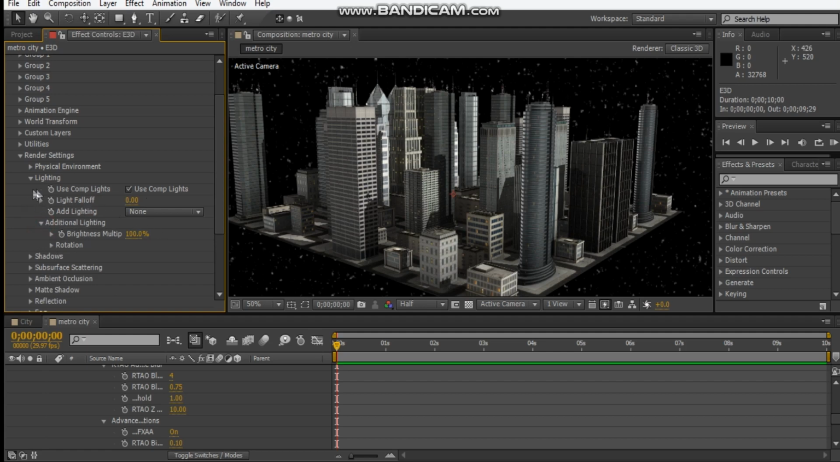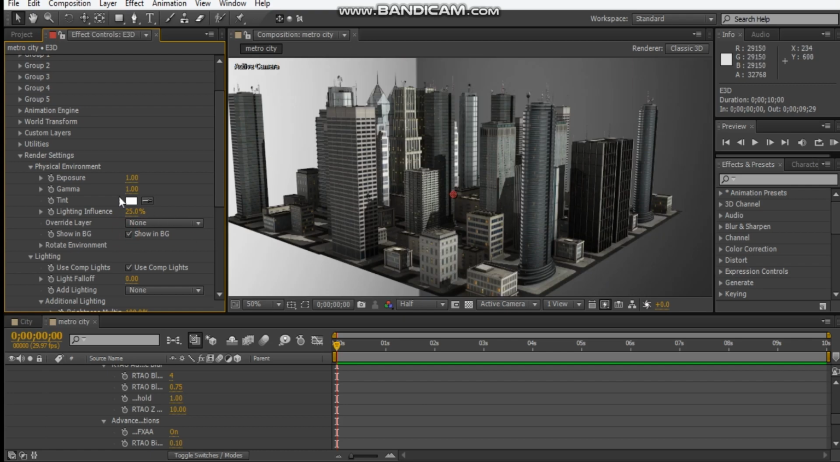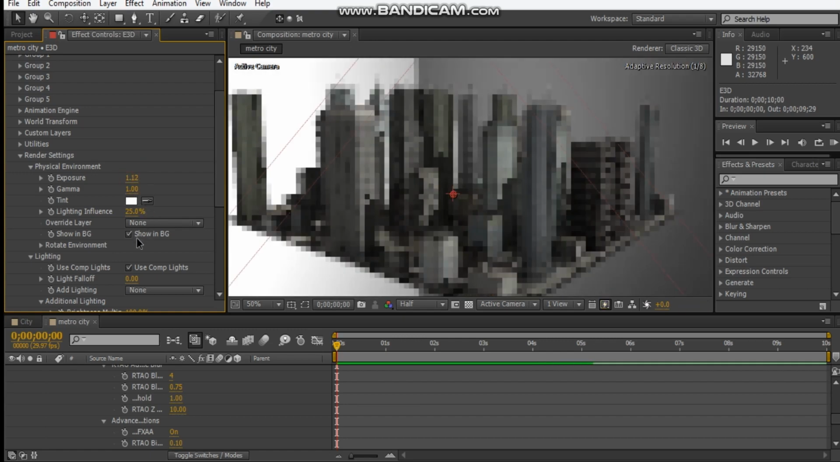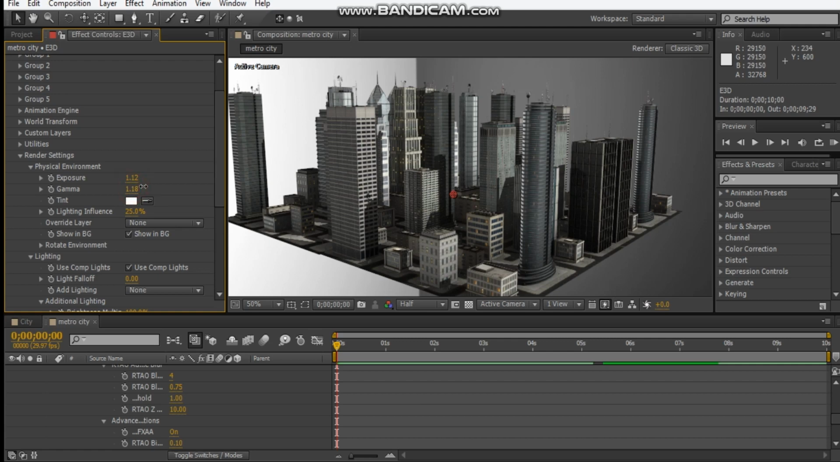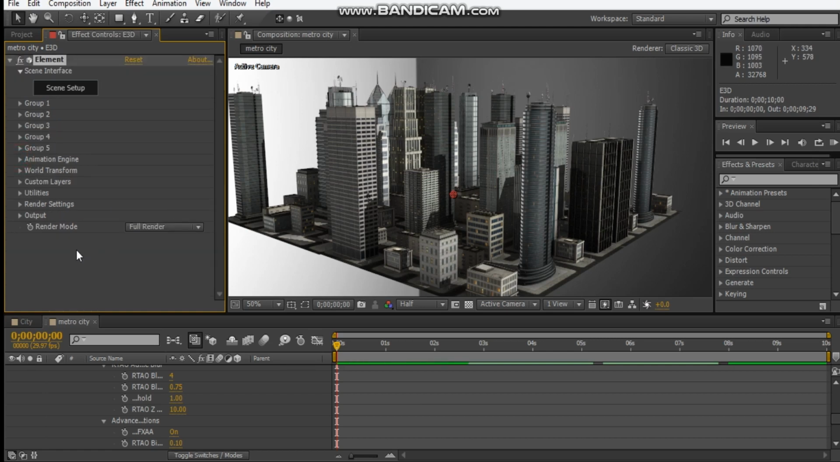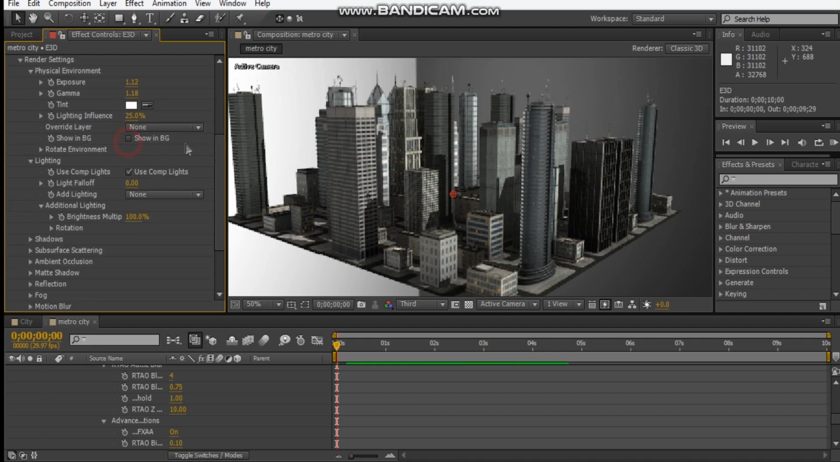Okay, and we can even adjust our environment. So let's have a look at the environment, and we can adjust the exposure a bit and a bit of the gamma, so we'll get some nice reflection happening. Okay, I'm just going to change this to preview, just to speed up my rendering process, and we'll maybe drop that to a third. Okay, so let's turn off the background